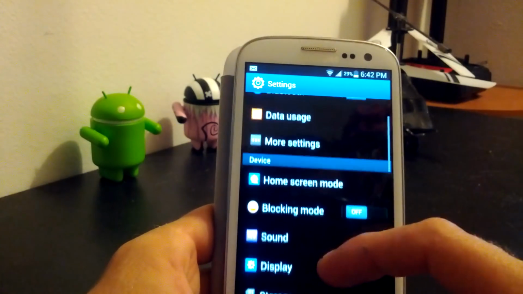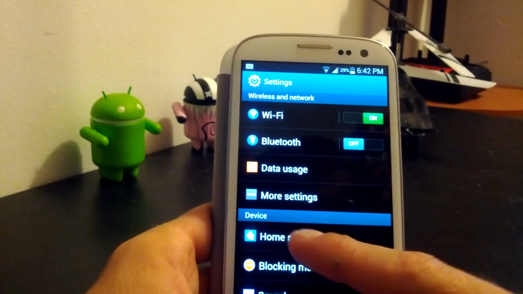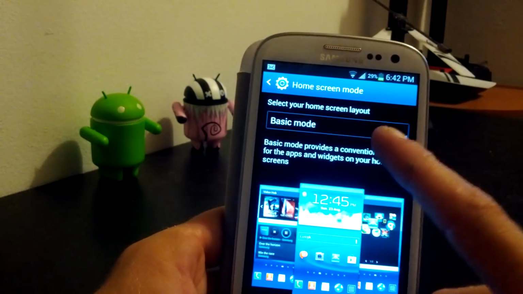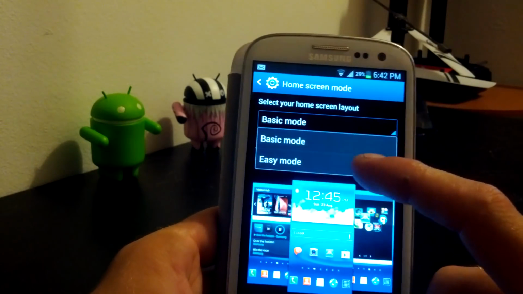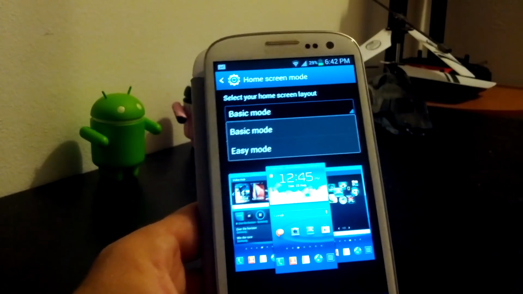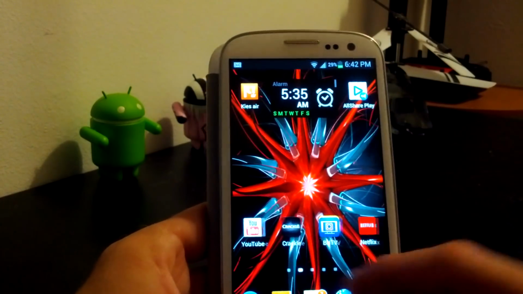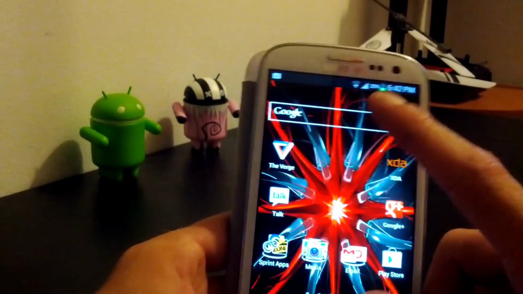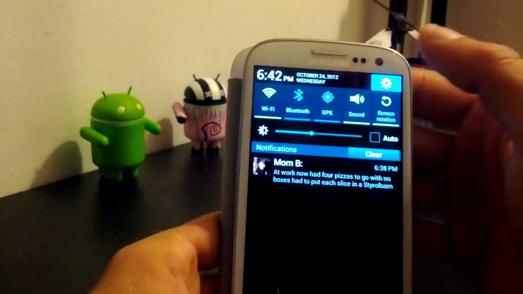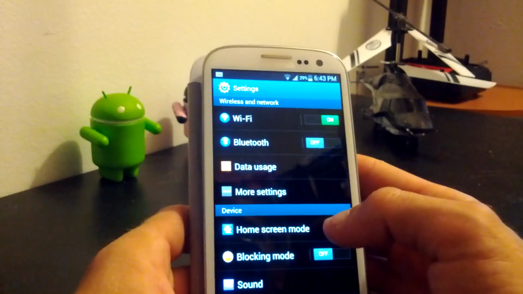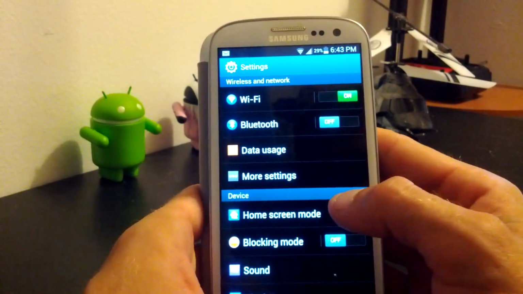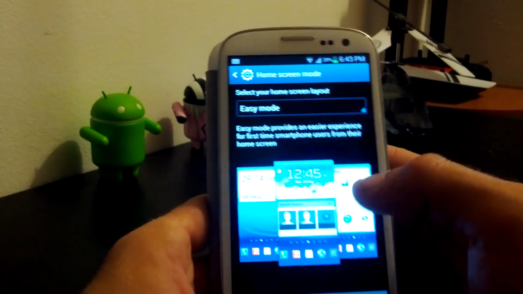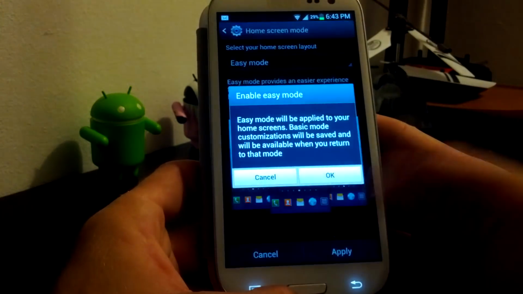Another cool thing is the home screen mode. So you see they have basic and easy. Okay, so let me show you this real quick. So you see I have my setup exactly how I want it. Now say I want to let my daughter go ahead and play with my phone, but I have stuff on there that I don't want her to get into or want her to see. I could go ahead and hit that and go to easy mode, apply it,